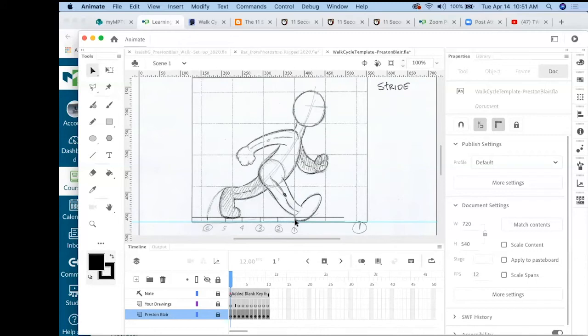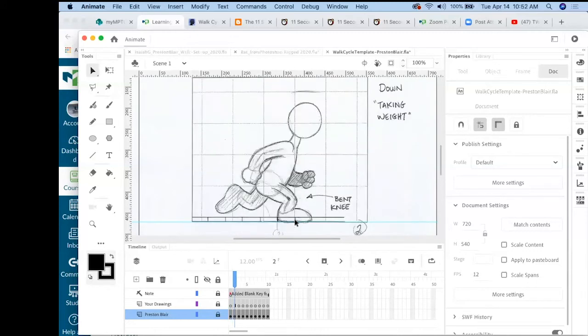It's boom, boom. So what's going on here is that knee bends. So it's not a straight in between. It's a bend. We have this bend in the knee here. And that bend, the body's going down. The head was here, and the head came down. The whole body came down, caught that weight. And then the next drawings, it's working on